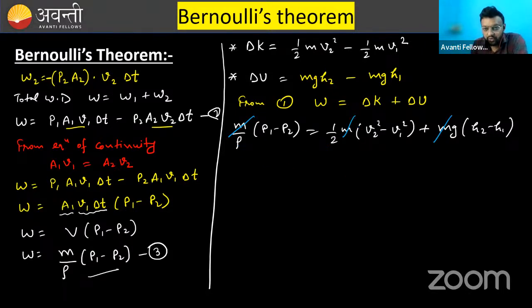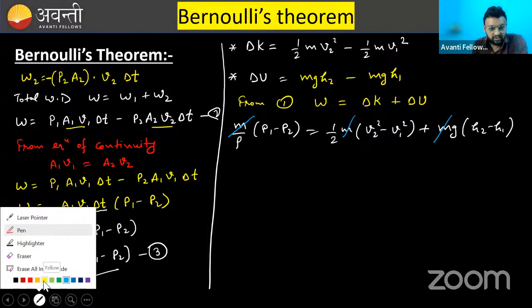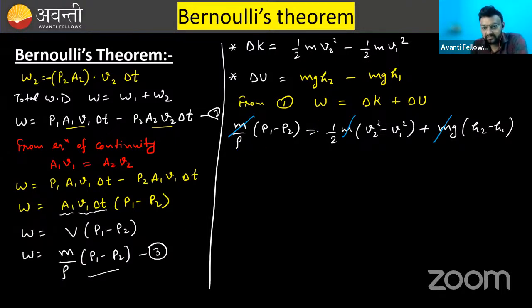I am transferring this rho to this side. I think this is not a big deal actually. This is the calculation part. I am transferring this rho to this side and opening this bracket. So what will it become? P1 minus P2 is equal to half rho V2 square minus half rho V1 square. Again, plus rho is multiplied with g, rho g, and after opening the bracket, it will become rho g H2